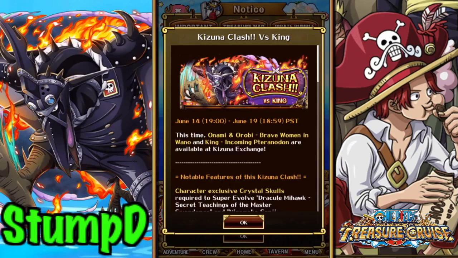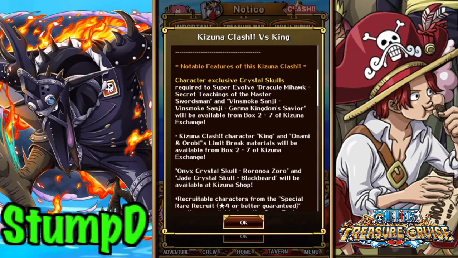So in this Kizuna Clash, we will be farming for Onami and Orobi, which, I don't think they're a dual unit, as well as King. So there'll also be Super Evolution Skulls for Vinsmoke Sanji, as well as Dracula Mihawk, as this is a bit of an issue with the actual